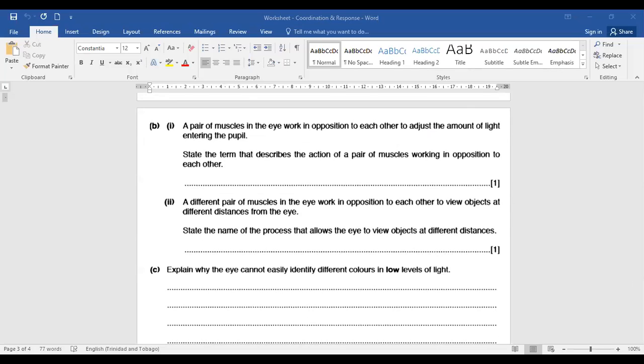And then they wanted you to state the term that describes the action of a pair of muscles that work in opposition to each other. So basically, whichever part in your body where you have muscles working against each other in order to get a particular effect,